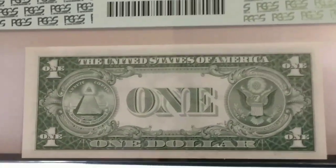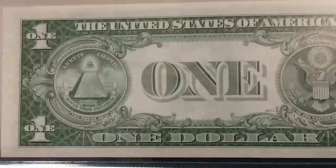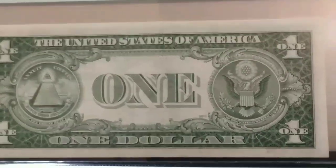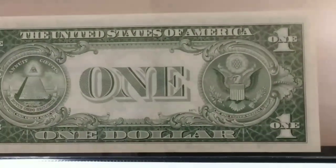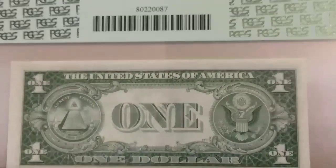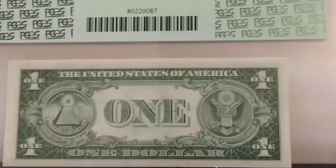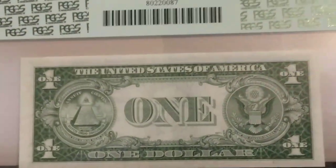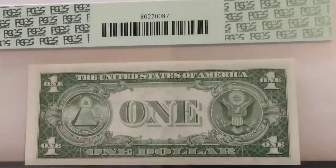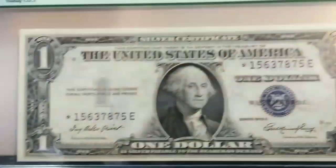They authenticate the note to make sure that it's real first before they even start grading it, because they do have a lot of counterfeit currency that they deal with. They'll seize it if that happens, and it will go right to the Secret Service. They will send you the proper documentation and paperwork if that ever occurs to you. I hope it never does, but they will seize it. They will not send it back to you. If it's counterfeit, of course. And if everything is legit, which it always is, they will mail this back to you. You will receive your graded notes